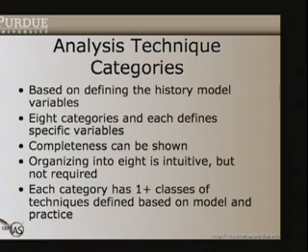And this gets into the actual main topic of this talk, which is the analysis categories. Based on the history model variables, which we kind of glossed over in this discussion, we can define different categories of analysis techniques. They're basically broken down into 8 categories. As we'll see later, they're kind of arbitrary. But the point is we can show completeness in that each category defines certain variables. You can organize them into 4 if you want to, 1 category, 12 categories. It doesn't matter as long as they define the specific variables in the actual history model. And then each category has 1 or more classes that can be used to define these variables. And we define some of them here based on what's in practice, just the basic design of the